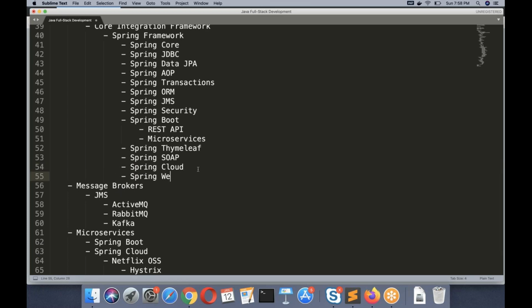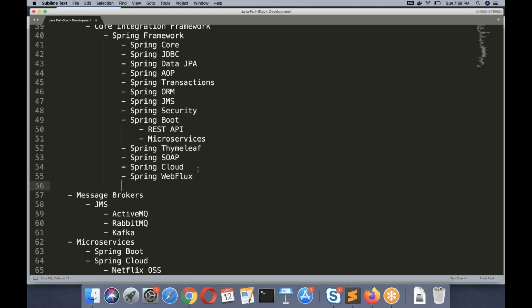You have something called Spring WebFlux, or I would probably also call it reactive applications, reactive architecture, or reactive apps. Okay, I'll just leave it like this. Otherwise, I don't want to really confuse you more. So these days, there is also something called reactive based architecture or reactive applications. Any application or microservice you want to convert into a reactive application comes with